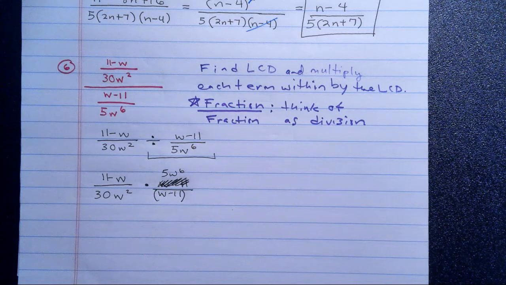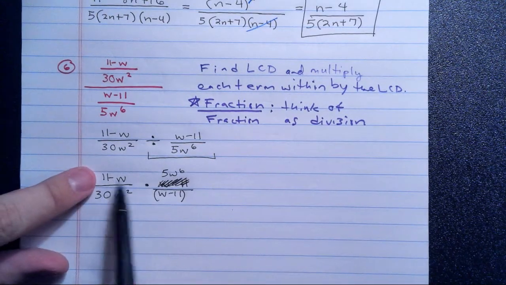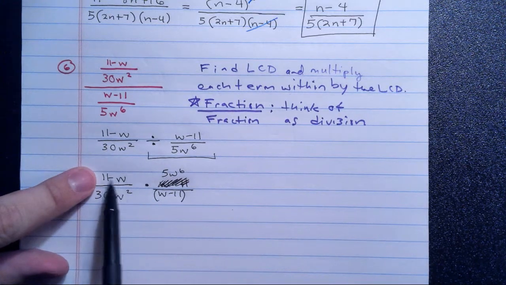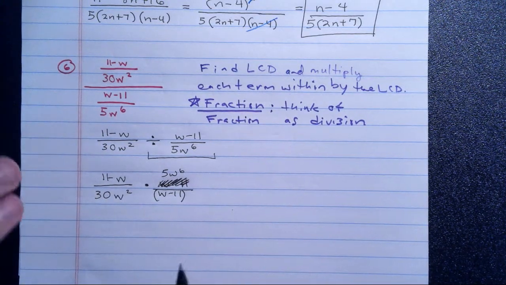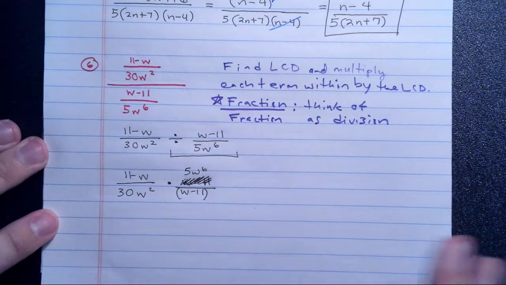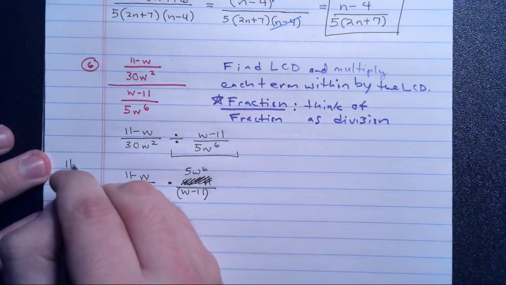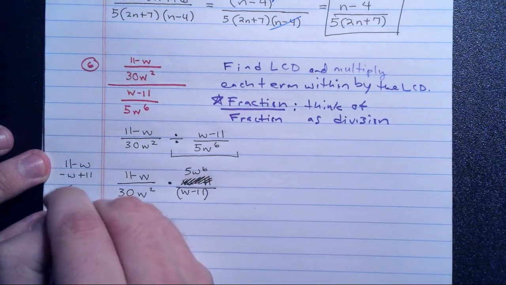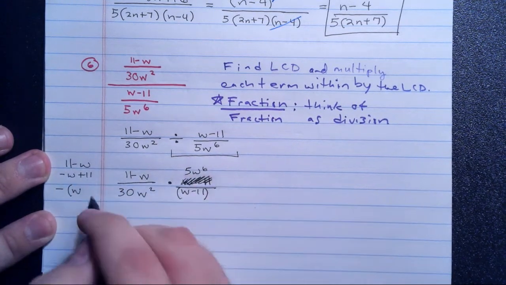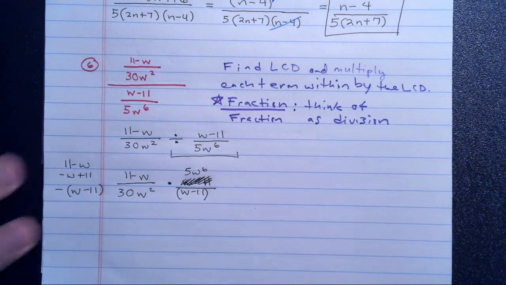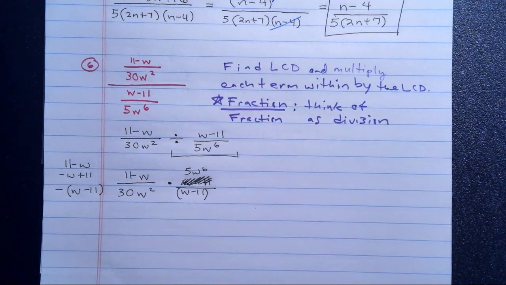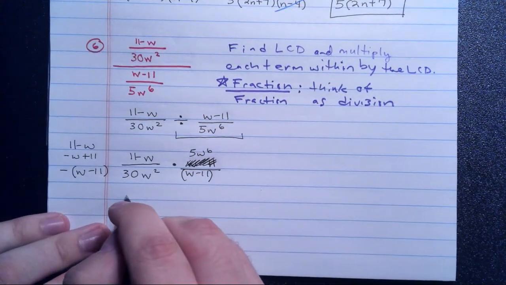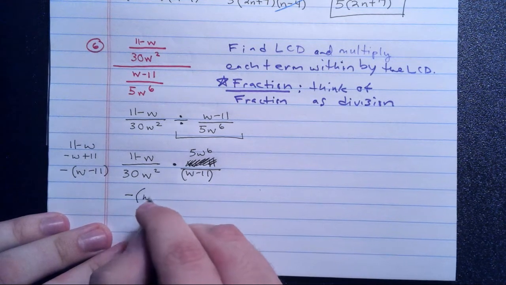Now, we've seen this a few times. This is something that comes up a lot on the SOL, where I see an expression with subtraction and the same expression turned around. Well, let's think about what this is actually doing. 11 minus w is negative w plus 11, which means it's the negative, if I take out the leading negative, of w minus 11. Okay, let's think about that. I now have the negative of w minus 11